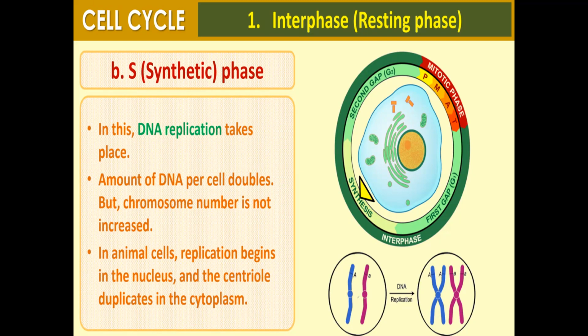Okay. Why is the DNA becoming doubled here? Why is the DNA doubled? Listen. What is happening? Cell is about to divide. So two cells will be formed. Each cell should get DNA. So DNA is doubled. One part will be kept with one cell. The other cell will take the other part of the DNA. Only DNA is synthesized.